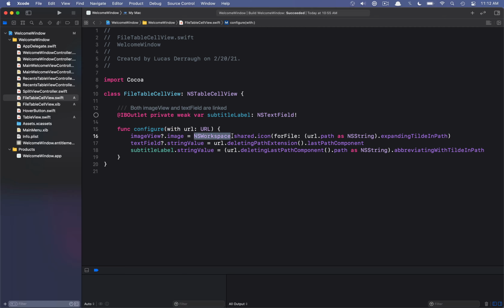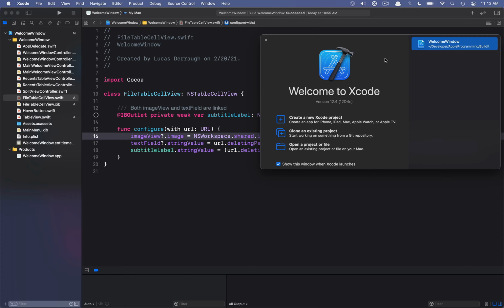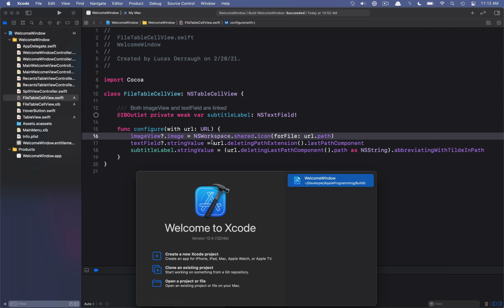So there's a call in NSWorkspace where you can get the icon for a given file path. And what I'm doing here is basically just using, and I actually don't really need to do this expansion, but basically I just want to take the file path of the URL and use that for the icon. Then on the top title label, and if I just bring up my window here, right, so the image view, this little image here, is mapping to this call where we get the icon for a given file path. The text field is going to be the title label here, which we're just going to get by